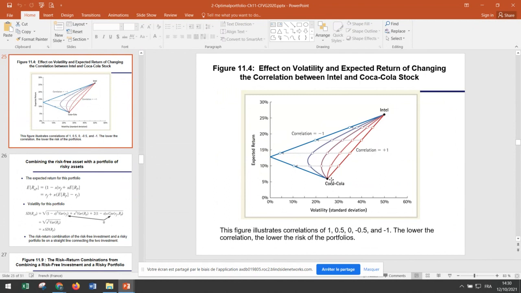However, if the correlation of the two stocks is not equal to 1, you'll be able to minimize your risk without sacrificing your return, and when the correlation is equal to -1, you can get